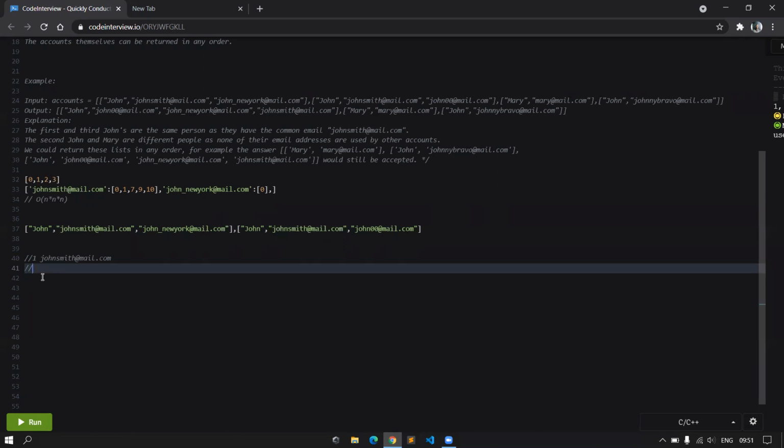Wait a minute. If I have a node that's like 1, and then it has 2, 3, 4, 5, 6, for example, and I want to go find 4, why is it faster to find 4 than it would be to find xyz@mail.com?